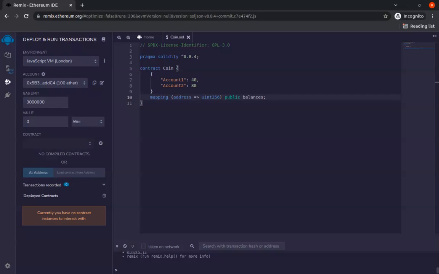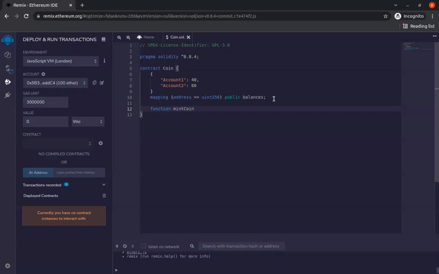Now we want to go ahead and create a function that allows just the owner to mint a coin. Now let's create a function. The way you do that is with the keyword function. What are we going to name the function, right? What we are going to call this function is basically mint, or mint token, or mint coin,